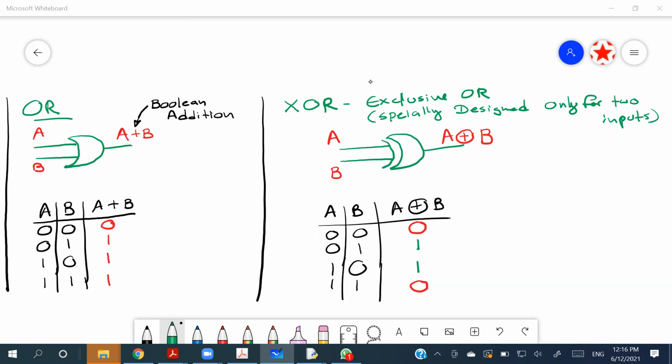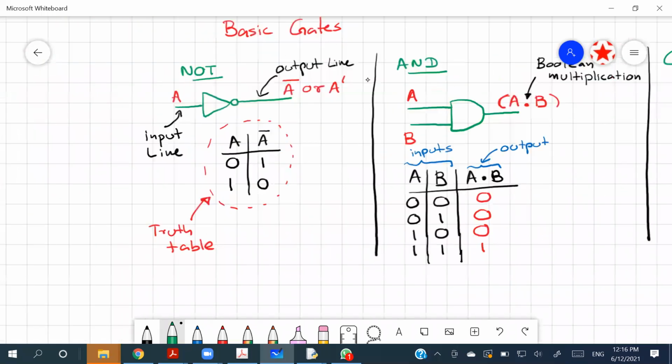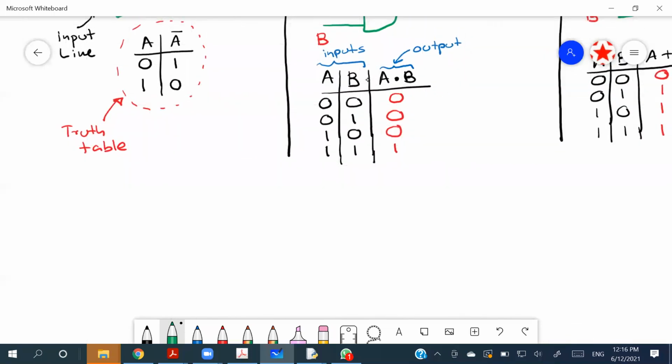Right. So let's move to get to know about the combinational gates. Now, we got to know about the basic gates. So now when it comes to the combinational gates, they are made out of the basic gates, right? So that is why it is given the name combinational. It's combining two gates to have one particular combinational gate, right? Now, if I illustrate,